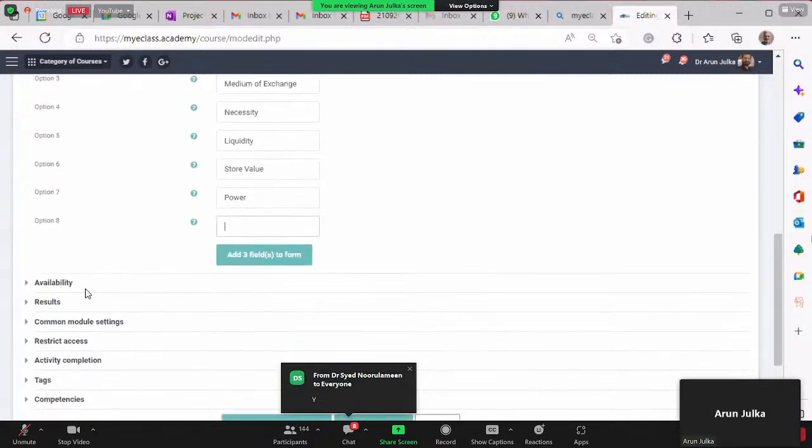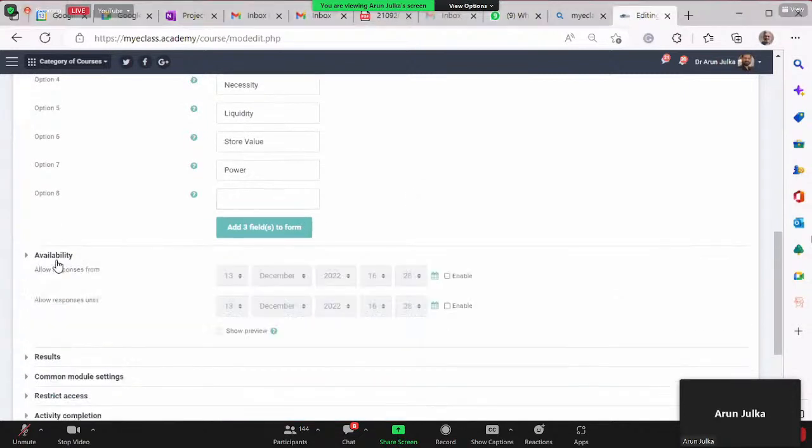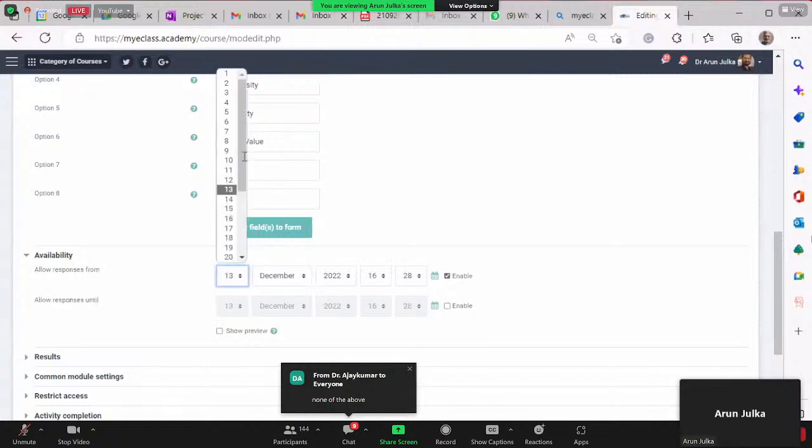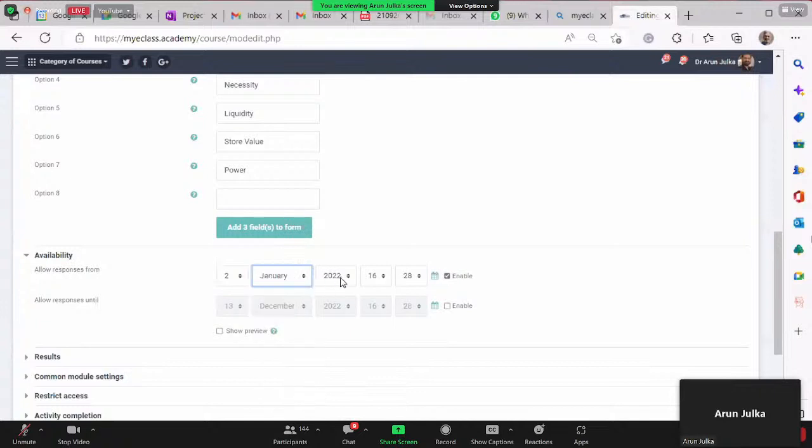Now you have an option when you say availability of this. Suppose you're going to start your class on 2nd of January. So before starting this topic, enable this, timing enable. I will ask this question on 2nd of January. My class starts at 8:30, right? So I will introduce myself, because it's my first class in the next session, and then ask this question before starting my topic. So most probably I will ask this question around 8:35